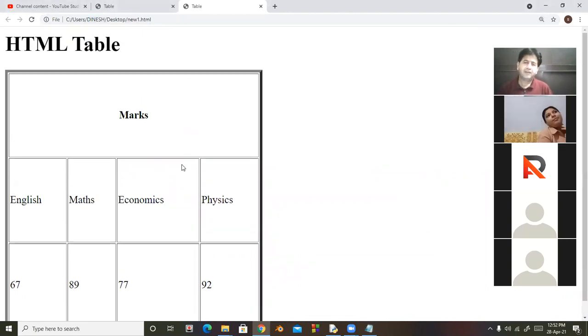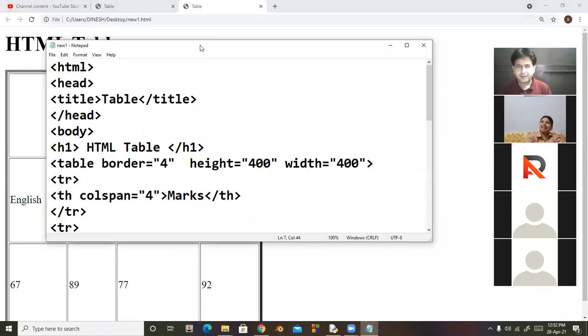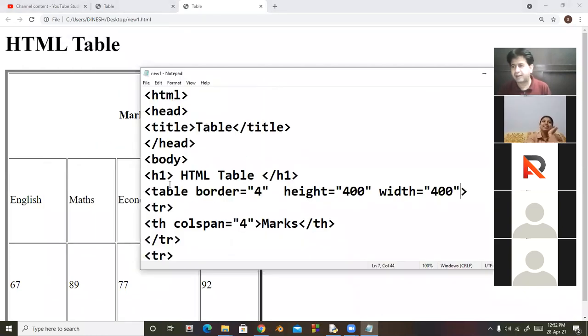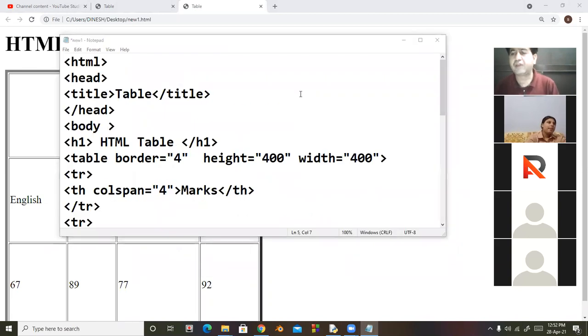Now, when the height and width attributes are declared inside a table, we have 2 types of alignment. One is called horizontal alignment, another is called vertical alignment. Look at here. We can declare alignment in TR. We can also, remember one thing, if we set the alignment attribute in table, the alignment will be on the basis of your web page. The complete table will be aligned right, left, or center.